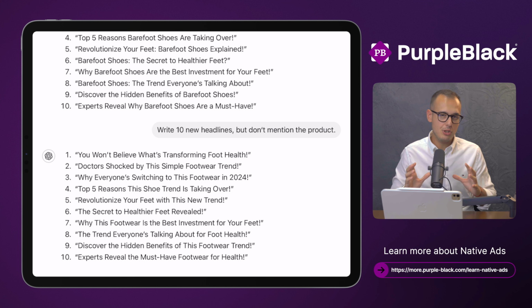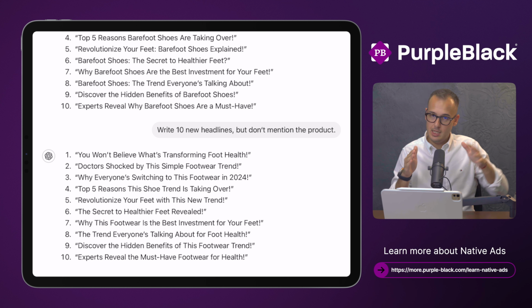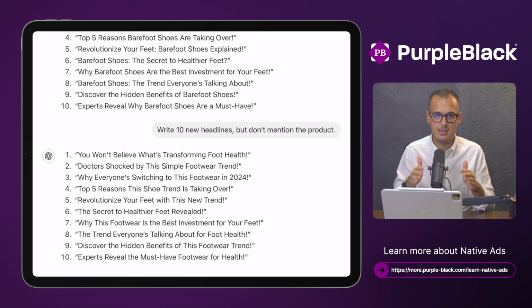So how we usually set up campaigns is pretty simple. We use usually multiple different approaches. So one approach can be back pain. Here with the same product, it's still footwear, it's still a barefoot shoe, but with the approach back pain. Why barefoot shoes are the right product for you in case you have back pain, or for seniors. When you're over 65, you should definitely check out these barefoot shoes. It's a game changer. Next approach.